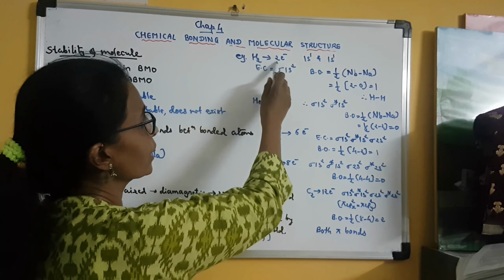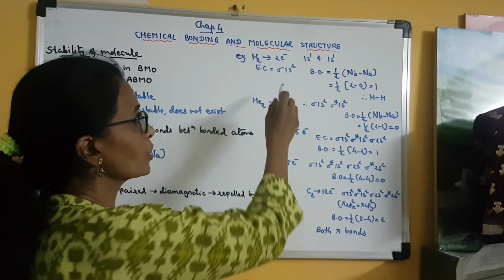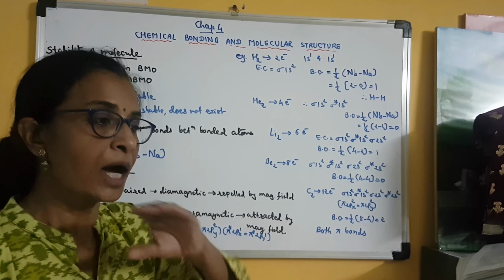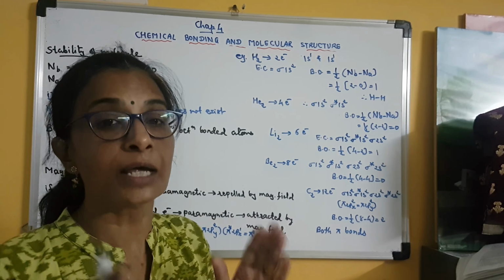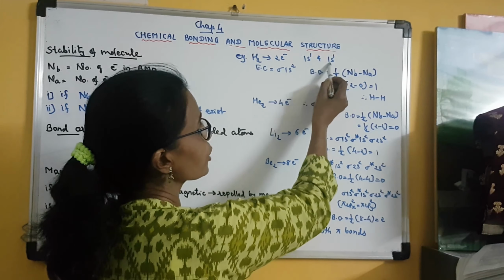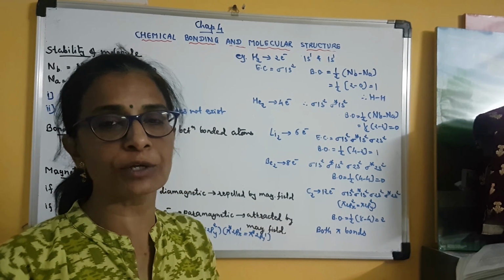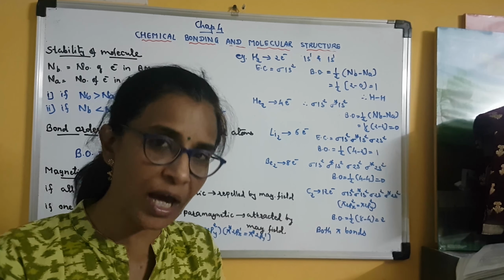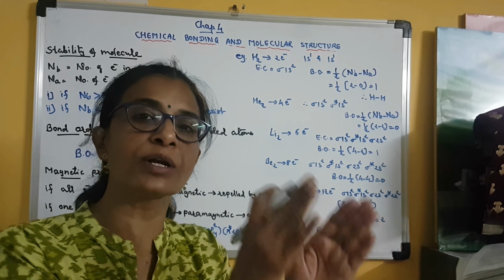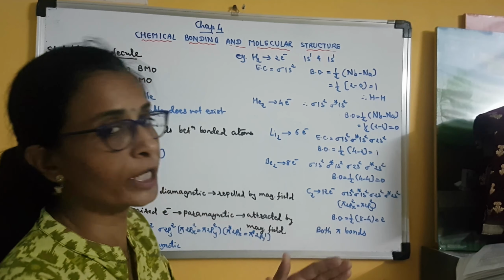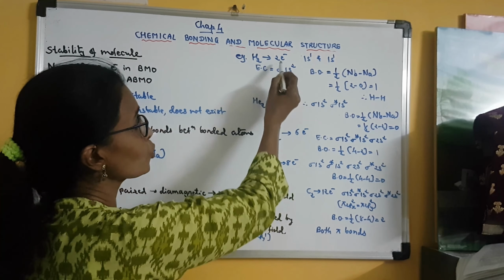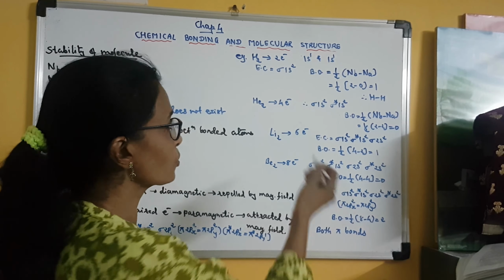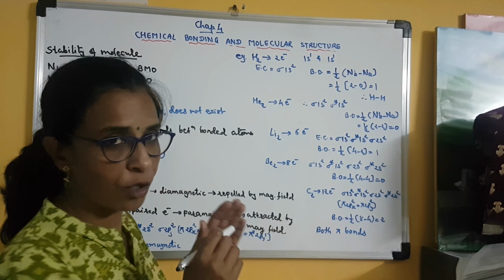Now in the H2 molecule there are only 2 electrons. So these electrons are filled in the sigma 1s orbital only. Remaining orbitals will be vacant. Remaining in the sense, here there are 2 atomic orbitals, so 2 molecular orbitals will be formed. One is sigma 1s and the other is sigma star 1s. Sigma star 1s will remain vacant because there is no electron. Clear? So the 2 electrons in the H2 molecule are accommodated according to Pauli's rule in the sigma 1s orbital.